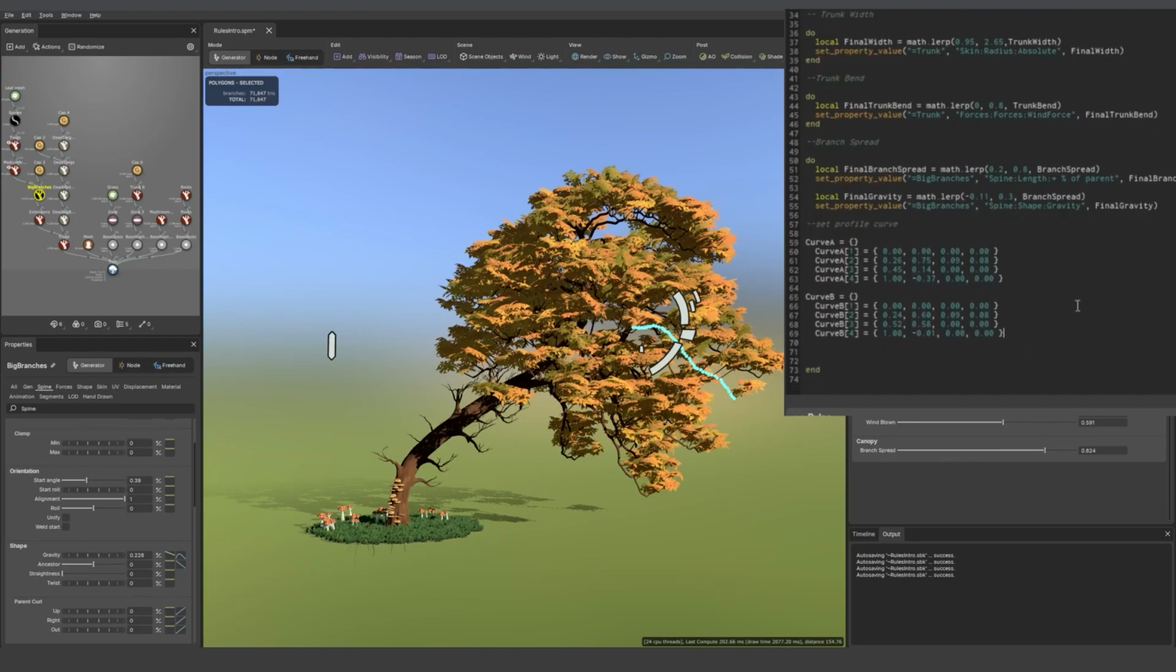Now that we've established what our two curves are, we can create a mat lerp between those two. Well, it's going to be a curve lerp really. So it's going to merge from curve A to curve B. So for this, again, I'm creating a local variable. So I'm going to call that final gravity profile curve. And then it's going to be a little different. So it's going to be a lerp